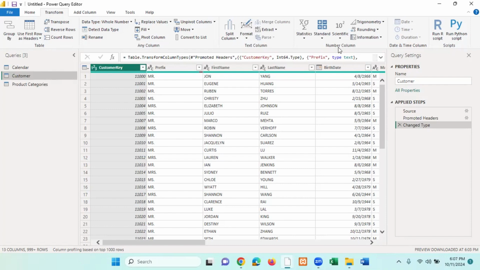You will see another group, number column. You will see another group, date and time column. And you will see scripts. Now, Power BI groups these commands following their purpose and their functions. So we are going to be looking at some of the important groups that will help us in what we call